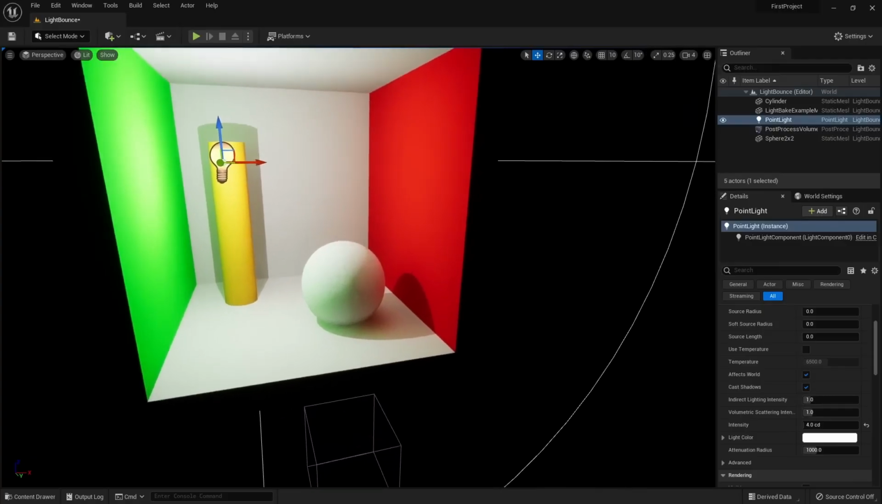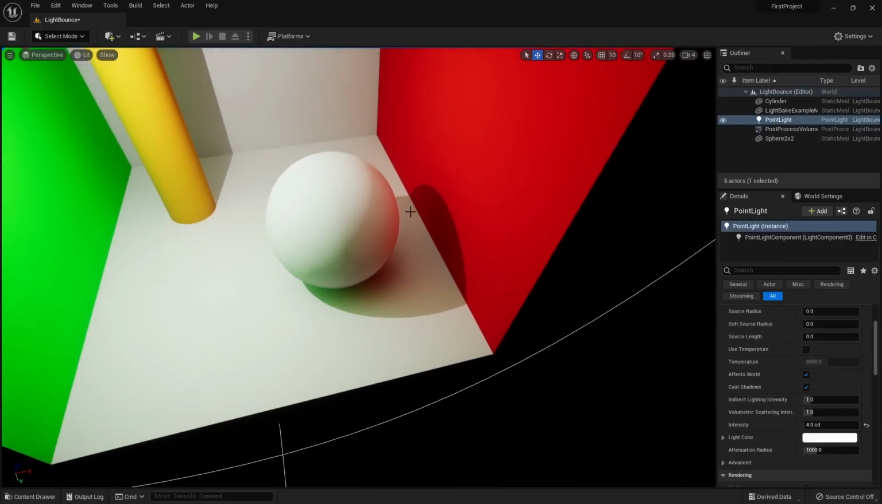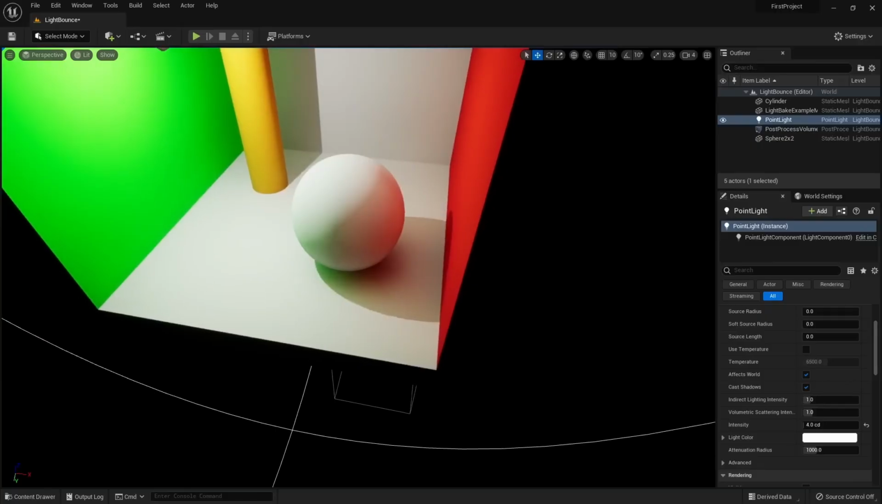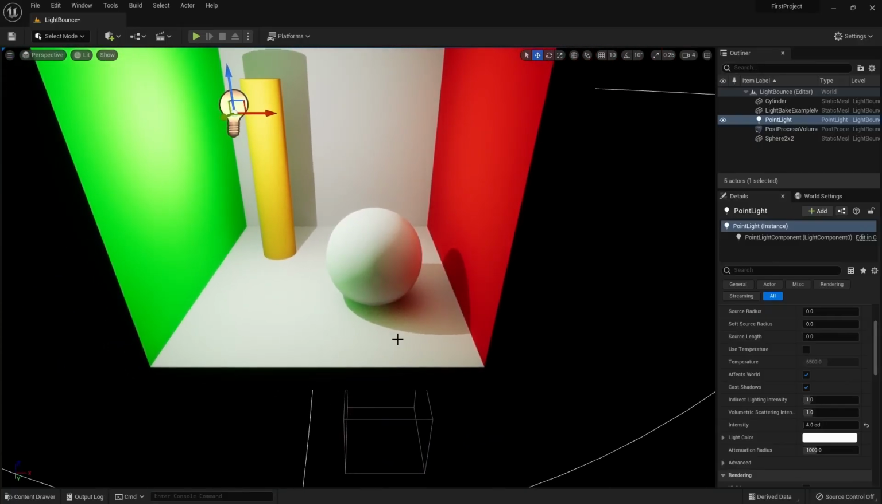And this is probably something you've noticed, is that there is a lot of noise, especially in the shadows. Now, I don't know if it shows up due to the YouTube compression, but if you are following along with the tutorial, you can see a lot of that noise. And to get rid of that noise, we need to play with the lumen